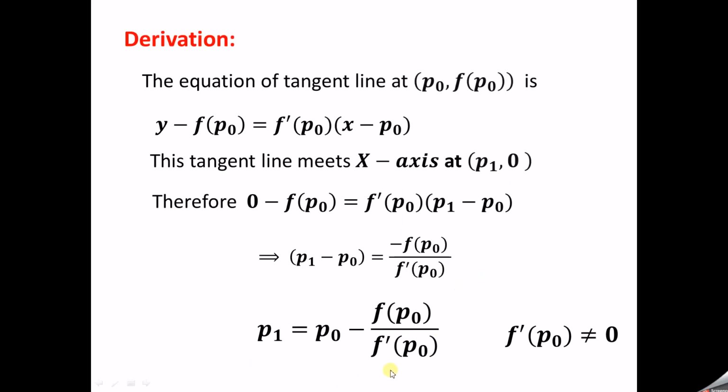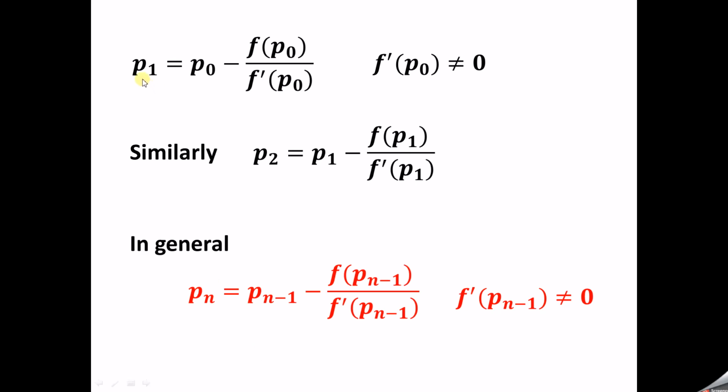And looking at this formula as well, it is in the denominator, so it should not be 0. So this is the formula to get the approximation P1 using P naught. So starting with P naught, you will get P1. The same procedure again we apply at the next point, P1. If we apply it, you will get the next approximation P2. So that is this one.